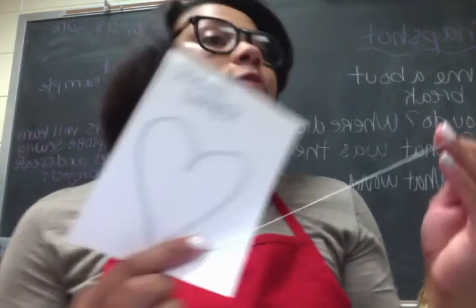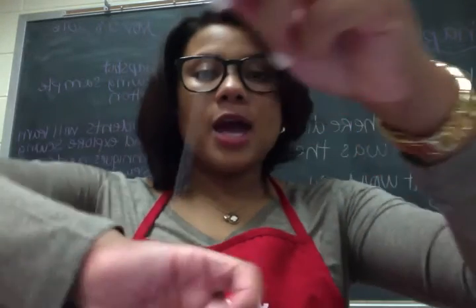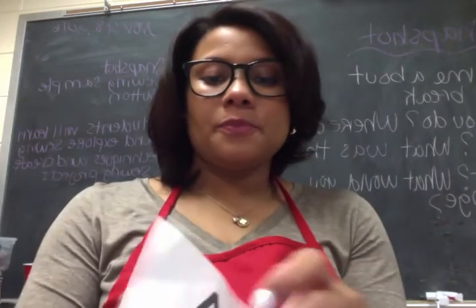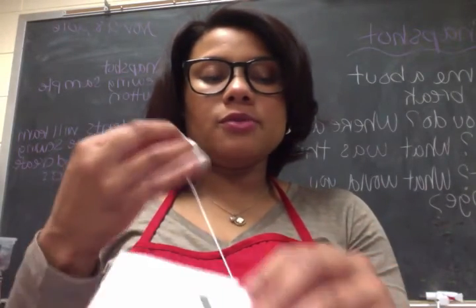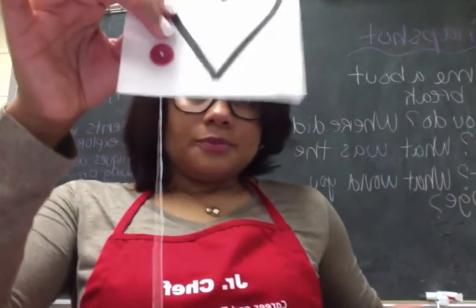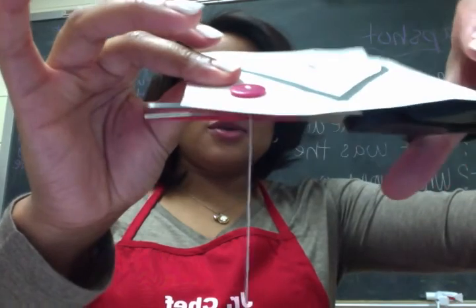Once you've done that 4 times, now it's time to tie your knot. When you tie your knot, you do it just like you tie your shoes. Wrap it around your hand, slide it through, and pull. Once you have done that, you have now sewed on your button, and you are free to